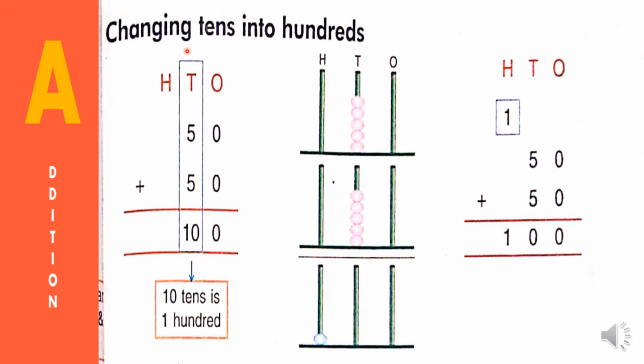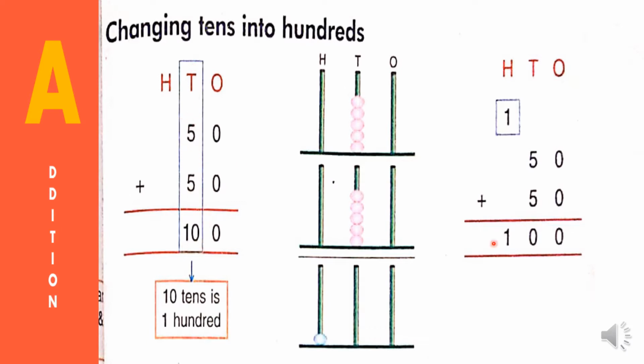Okay, tens column. See, 5 plus 5. Keep 5 in your mind, 5 is in your hand. 5 after, count, children: 6, 7, 8, 9, 10. So in the tens column, what is the answer we get? 10. So in the tens column, how many tens are there? 10 tens are there. 10 tens is 100. Yes or no? 5 plus 5, 10. 10 tens is equal to 100.